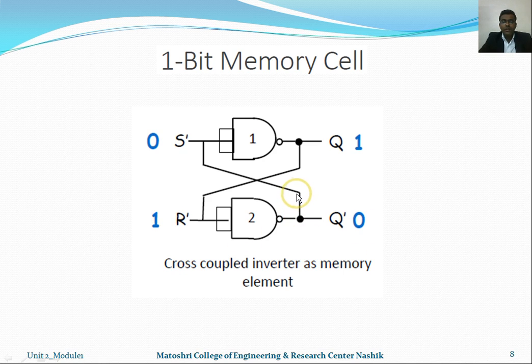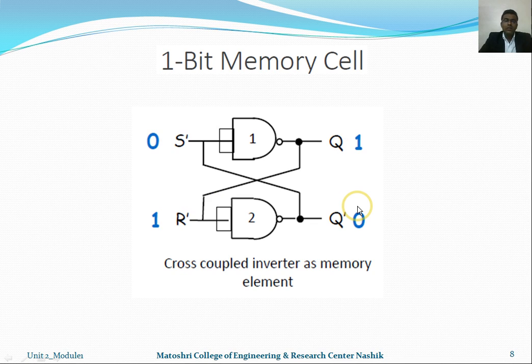Now this Q complement is again cross coupled to the input S of the first NAND gate. So the first NAND gate inputs are continuously 0 0, and again it generates 1, and this 1 is fed to the input of the second NAND gate, which again generates the output 0. So this cycle runs continuously, and the output Q is stable as a 1 and Q bar as a 0. So we say this memory bit cell stores the 1.